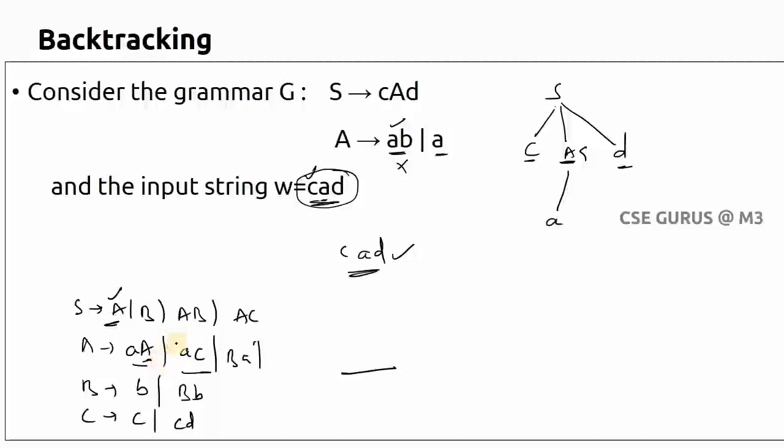Definitely this procedure will be a complex one if your grammar has a larger number of productions. So definitely it is a lengthy pattern. We can say that this is not so efficient. So what we need to do, what is the alternative here is, when you check the look ahead, let us suppose S tends to C, yes, C is matching, and what next has to come? A followed by D. So A has to come, so which option is there with A? Two options are there. I have to check which is correct. After that you need to check.